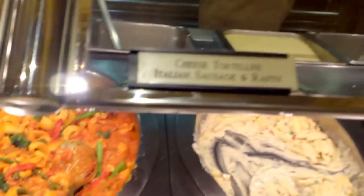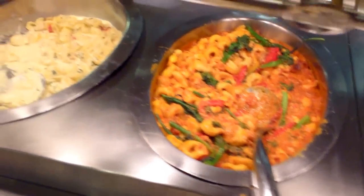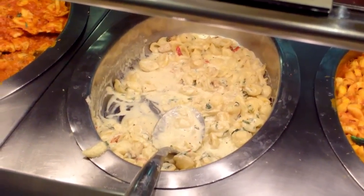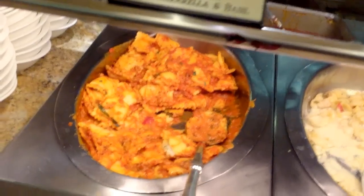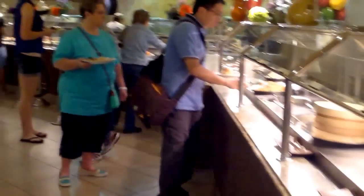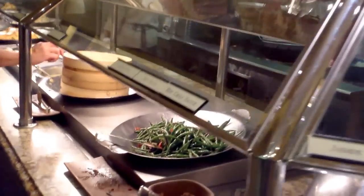Cheese tortellini, Italian sausages, and rapini, it's a veggie. Chicken sun-dried tomato, blue cheese, cream sauce, cheese ravioli, fresh mozzarella and basil. So a lot of Italian offerings. It's usually quite good. I think the outstanding Italian pasta that I had this time on this trip, the most outstanding was,